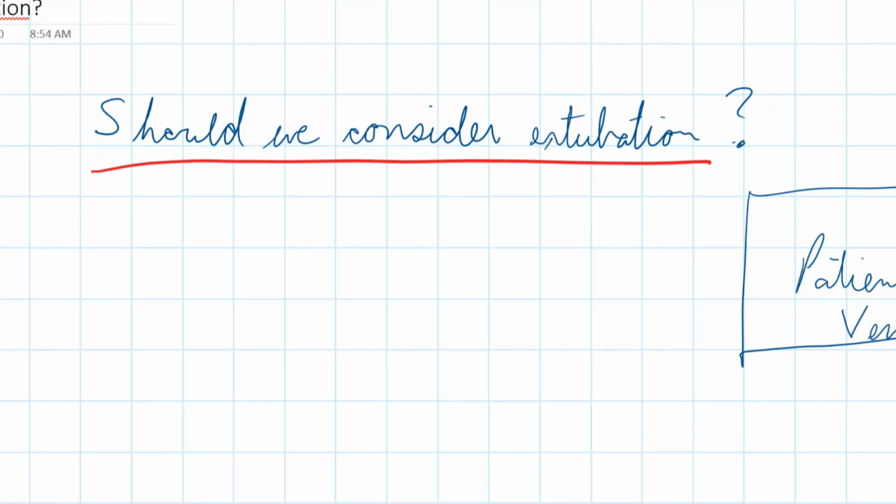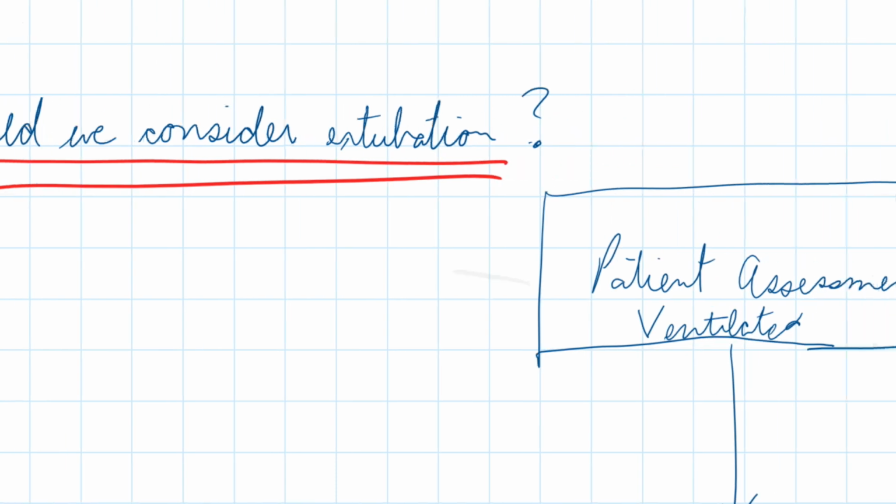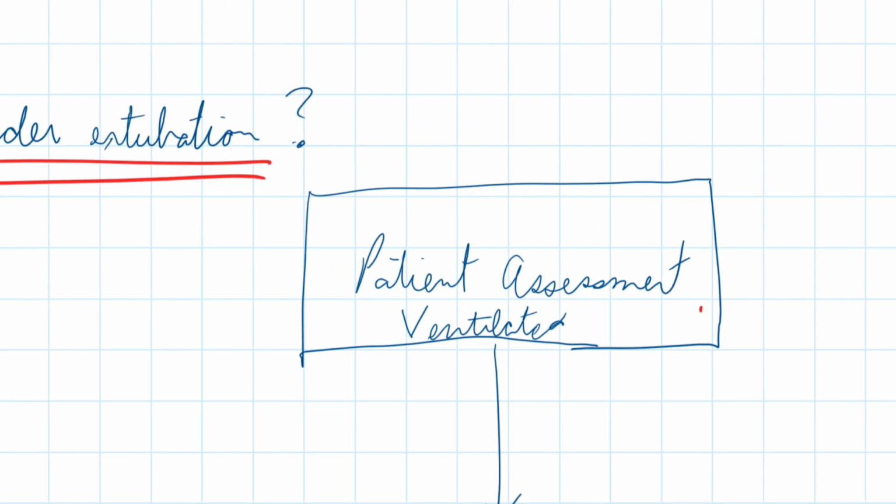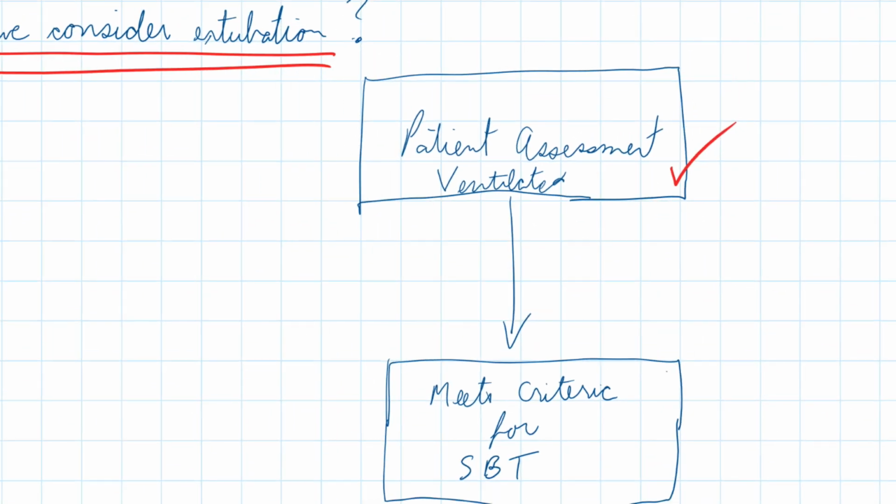So this is another example of building an algorithm to help us with our decision making for week 14 and working with ventilated patients. And the question for this algorithm is, should we consider extubating our patient? All right. So we've gone through our overall patient assessment on our ventilator, and we've come up with the idea that maybe we should consider extubating this patient. So how can I articulate that or go through a clear decision-making tree so it can be really precise